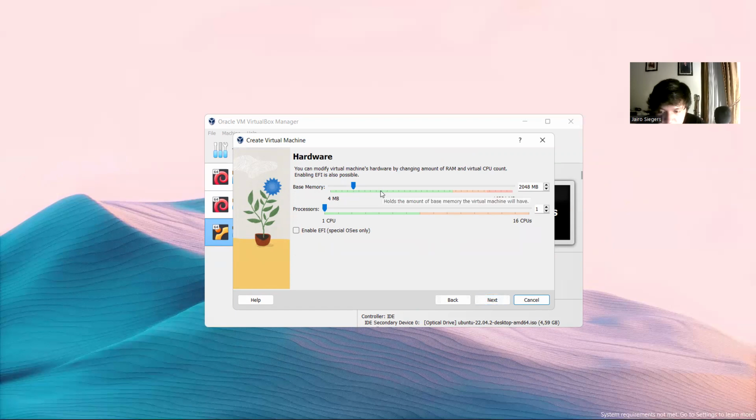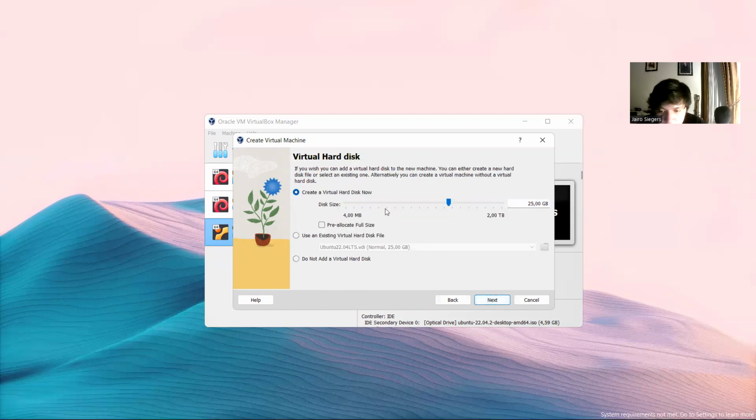For this part, I'll put it on 4096, and 2 CPUs is fine. And next, for the virtual hard disk, I will be putting around 50. All right, it's fine. Next,